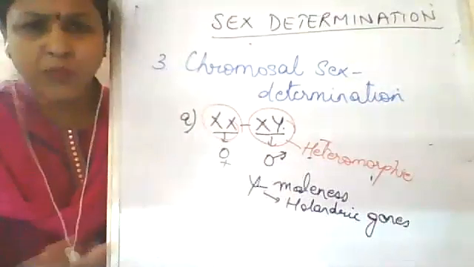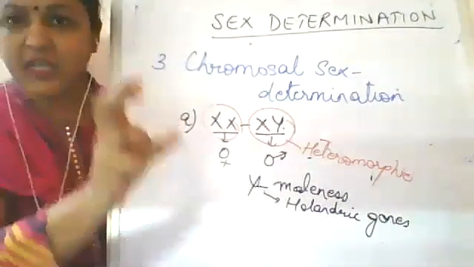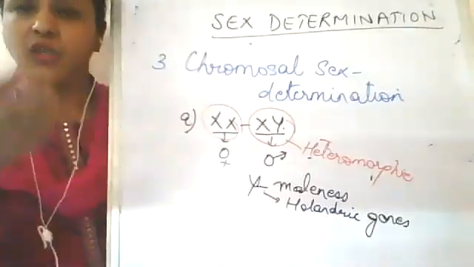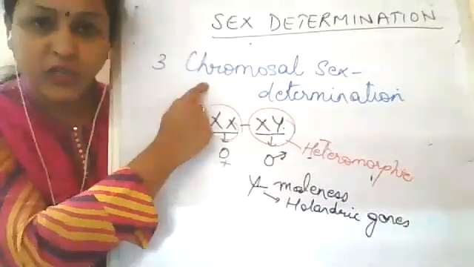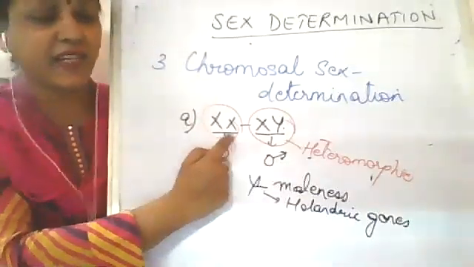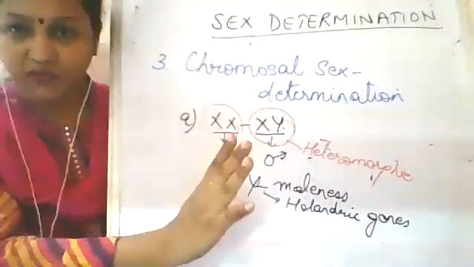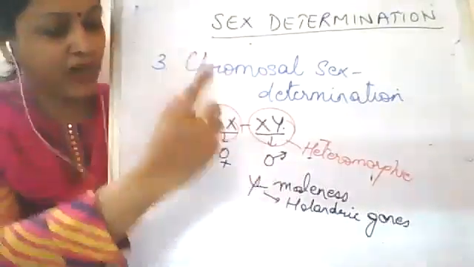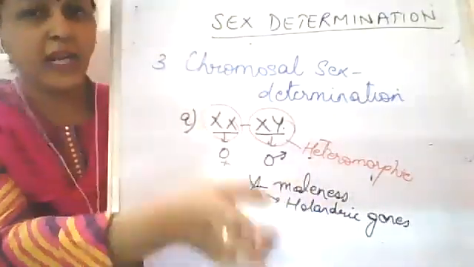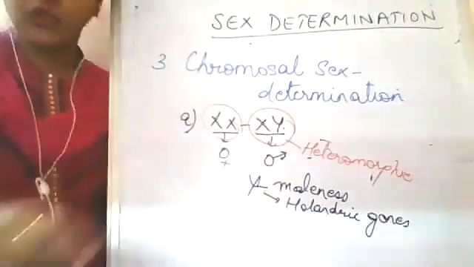Okay, so we're not talking about theories here. We're asking how the gender of the child is determined at present in various cases. In one case it can be related to the chromosomes, which can be XX type or XY type, seen in mammals and in the fruit fly Drosophila. If there is a heteromorphic pair, that is XY type, it is male, and if it is XX, it is a female.